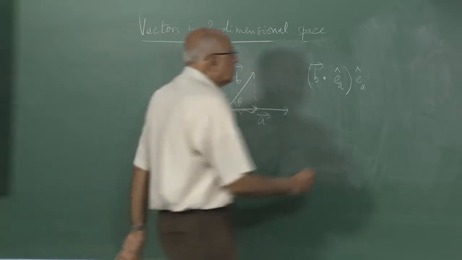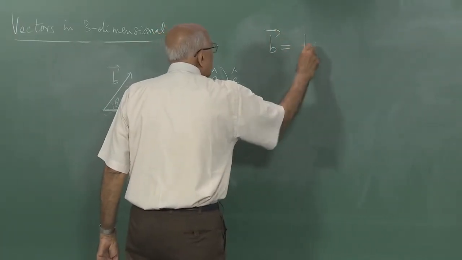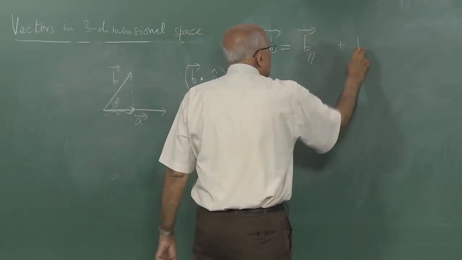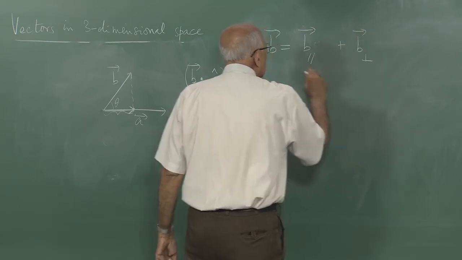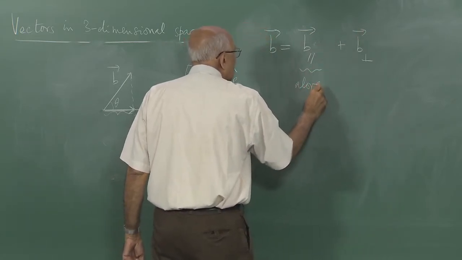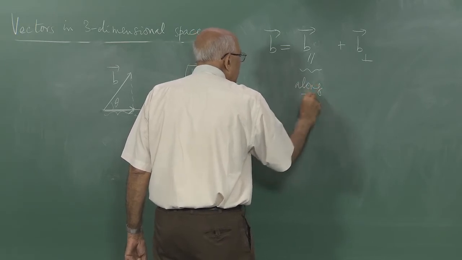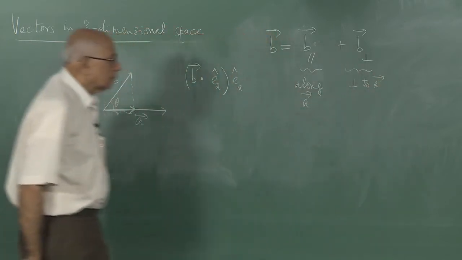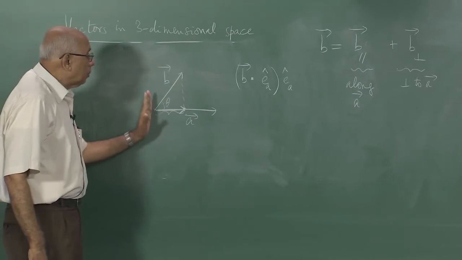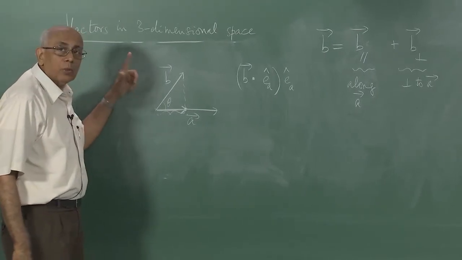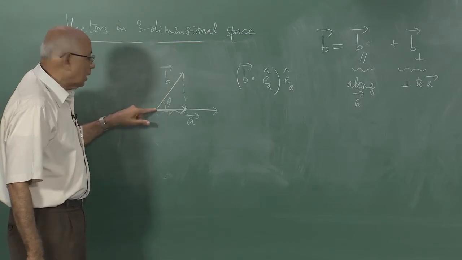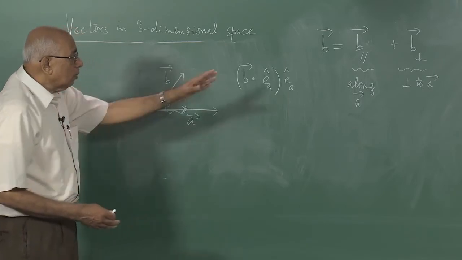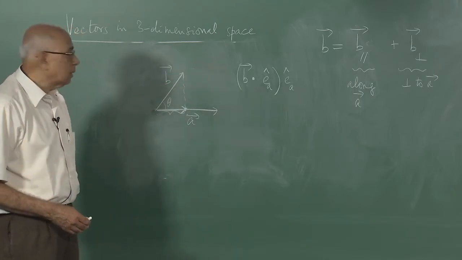So what I have done is to write this B vector as B along A, so let me call it B parallel, and the rest will be of course perpendicular to A, and let me call that B perpendicular. So this is along A, and this is perpendicular to A. That could be in a plane perpendicular to A anywhere. The perpendicular component could be anywhere, because B could point anywhere starting with its tail here. Okay. So the target now is to write down formulas for B parallel and B perpendicular, and B parallel is